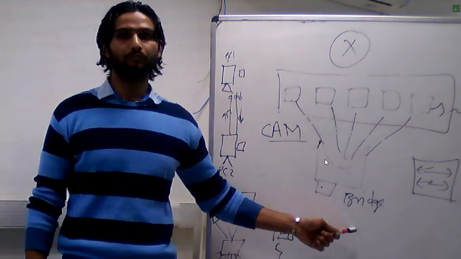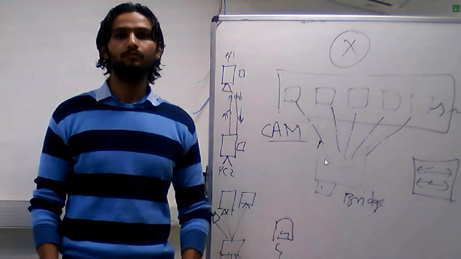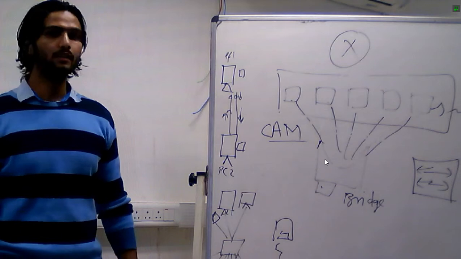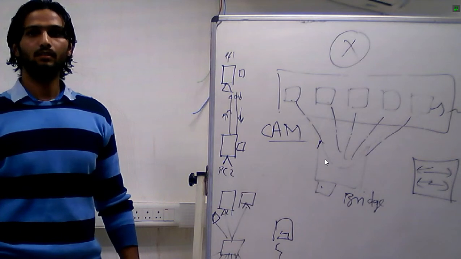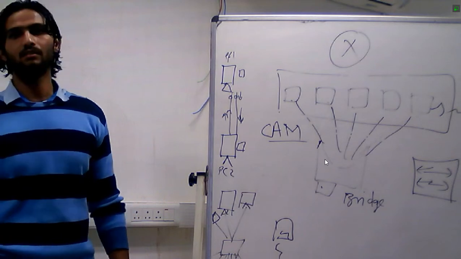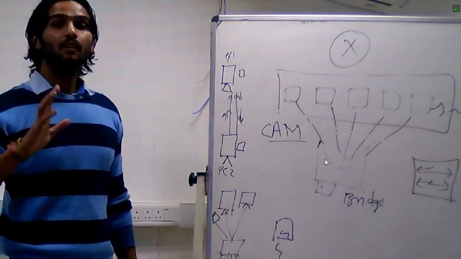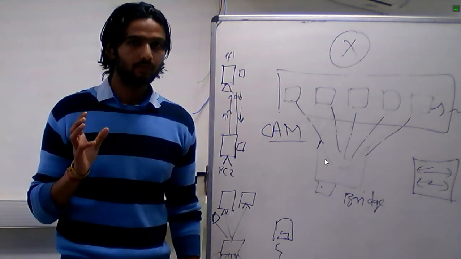But when we come to switch, one thing I just want to ask: you said that collision is resolved in both cases, in bridge and in switch also. Yes, exactly. But then what's the difference? How does a switch resolve this in a better way? What is the problem with our bridge?